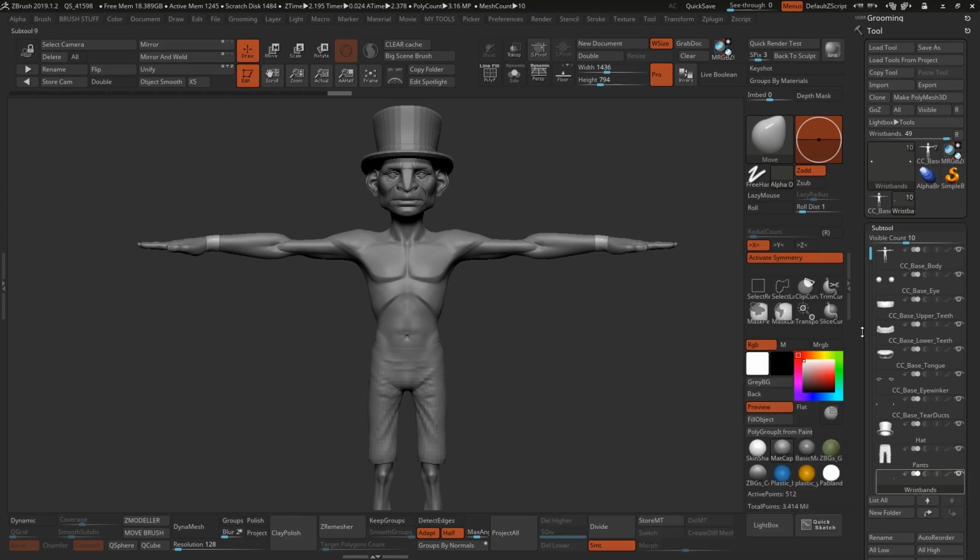So I'm going to select the wristbands and I'm going to click GoZ. So if I click on GoZ, ZBrush is going to send only the selected subtool, not everything. Right? So remember these two buttons here. All sends everything. GoZ only sends the one that you have selected. So I'm going to click GoZ